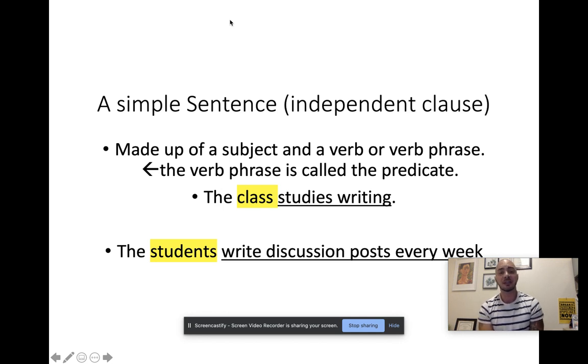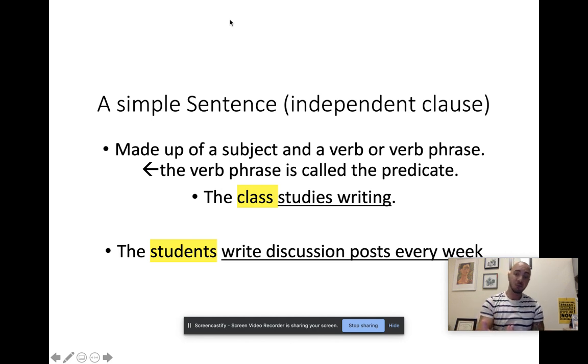The class studies writing. In this case, we have a simple sentence where class is our subject, studies is our verb or our action word, and studies writing is our predicate. In the second example, we have: the students write discussion posts every week. In this case, students is our subject, write is our verb, and write discussion posts every week is our predicate. Notice how the rest of the predicate just explains how, why, with what, or to whom the action is taking